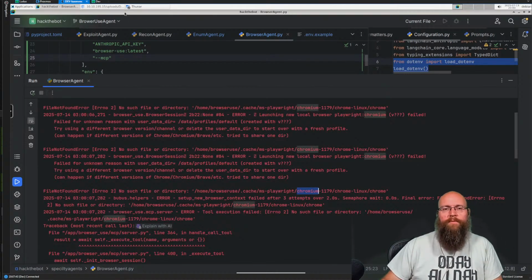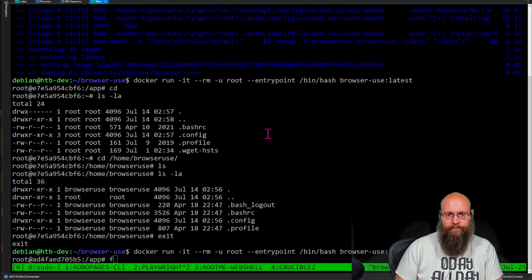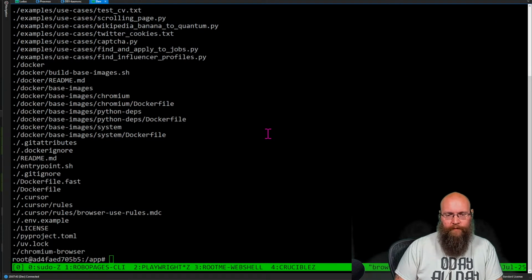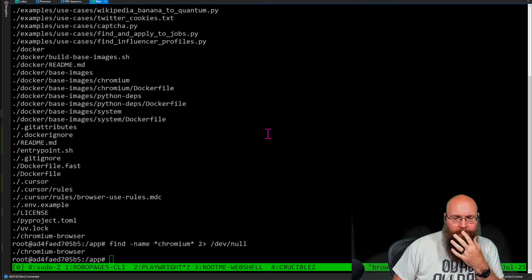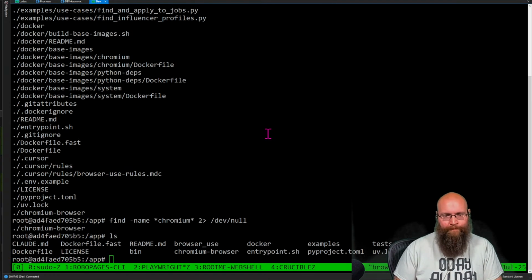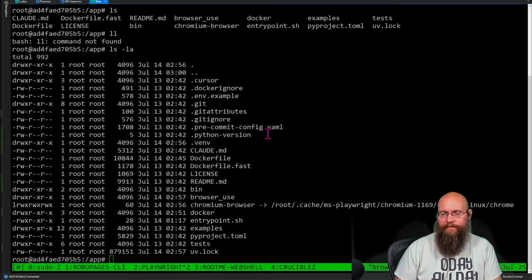So weird. Okay, let me launch back into the container. Cool. Find name Chromium, then send all the standard out to dev null. Wait, we literally have something in here called Chromium browser?